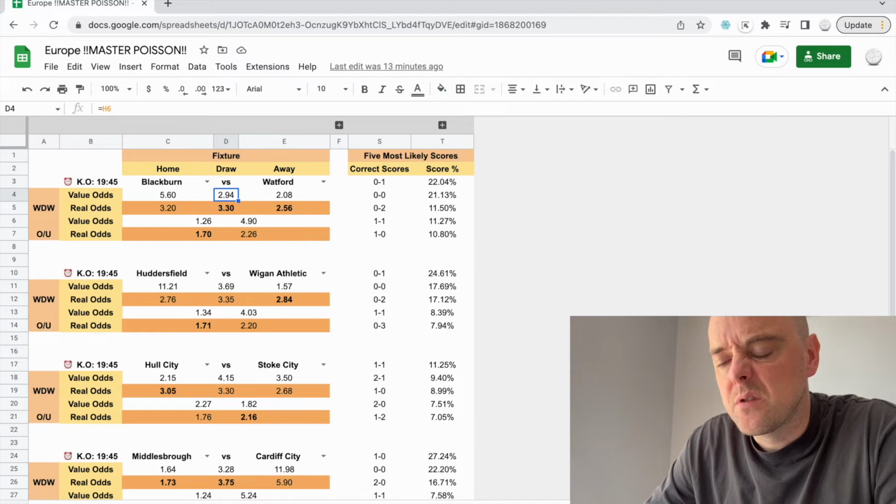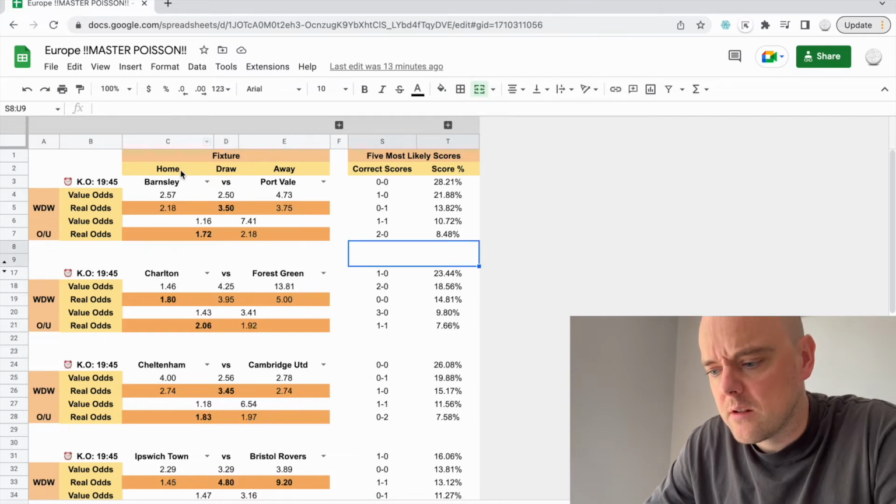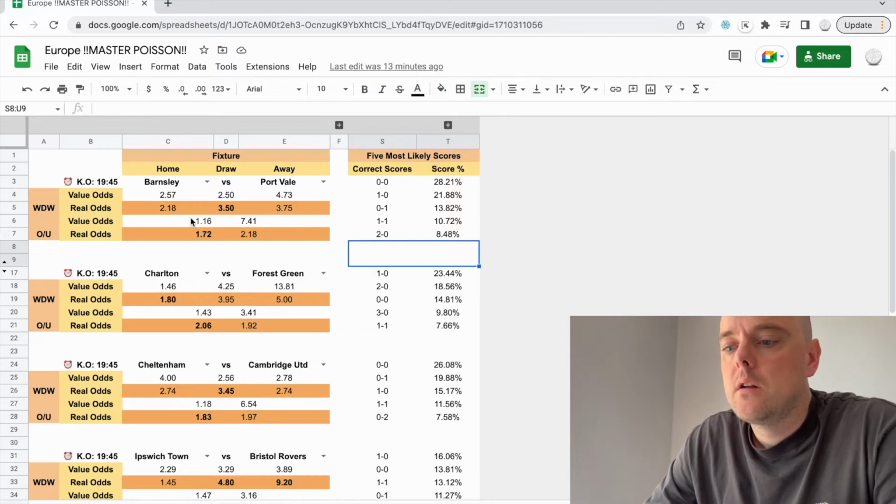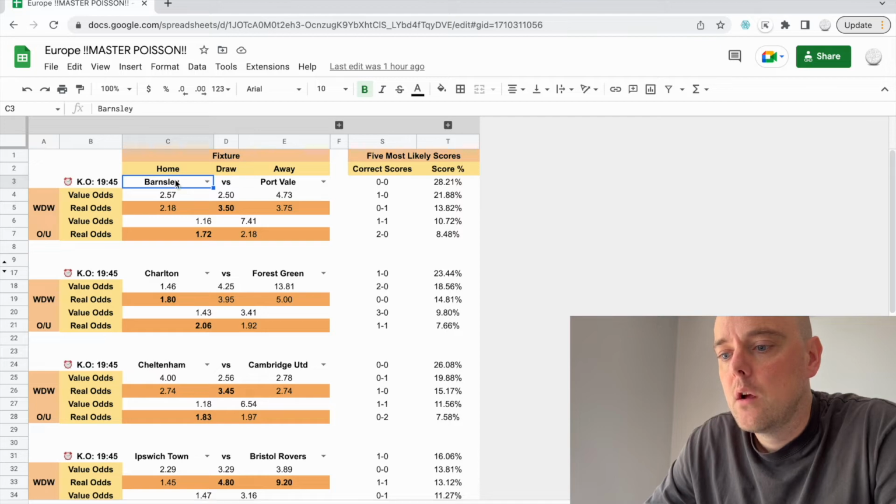Maybe we'll just leave it at this for the video. We'll just do Barnsley Port Vale. We don't need to do one in each league. But Barnsley Port Vale, so we're looking at Barnsley having a slight advantage in terms of the bookies' odds, 2.18